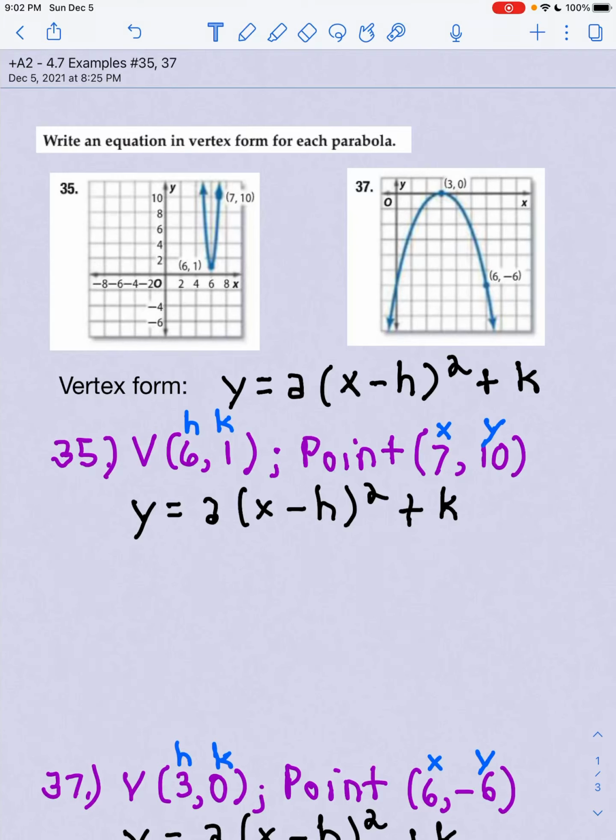These are examples for review worksheet 4.6 to 4.8, for worksheet problems number 4 and 5, writing the equation for a parabola given the vertex and a point that the graph passes through. These are problems from page 279, numbers 35 and 37, and in these examples, they've given you the graphs rather